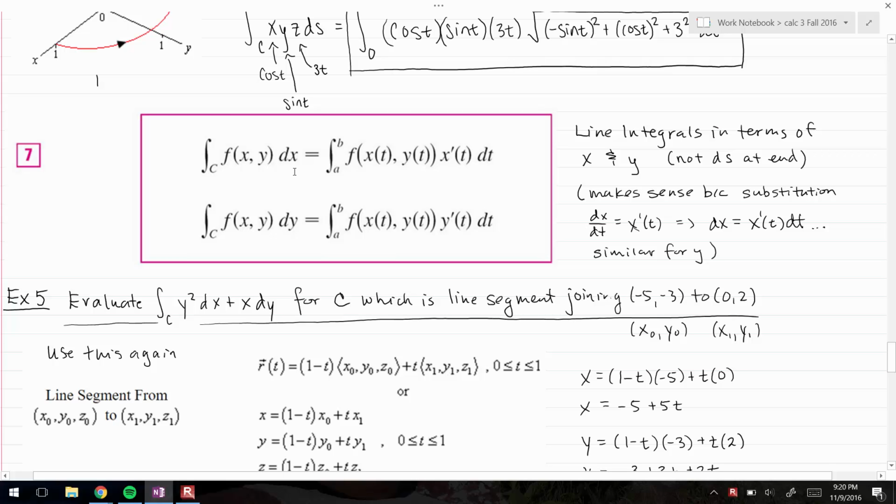The way we're going to do a conversion here, we're actually still going to convert to t when we have a dx or a dy, which again, if you see in this example 5, they can actually be in the same integral. Again, that's kind of strange. It looks like a typo. Our goal is to write that with respect to t, and then we're going to do that line integral just with respect to t, so it'll be very similar to what we did with the integral with respect to s,